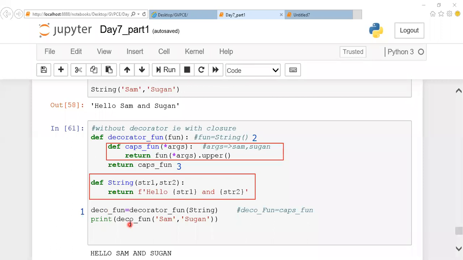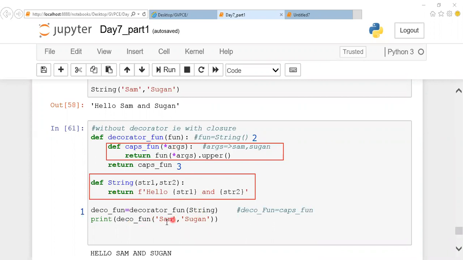If this string function has some parameter, then you're supposed to pass the parameter value here. I'll be passing the parameter value here. This data is passed, so right now we call the deco function. Who is the deco function? The cap function is the deco function. Right now your cap function is executed.